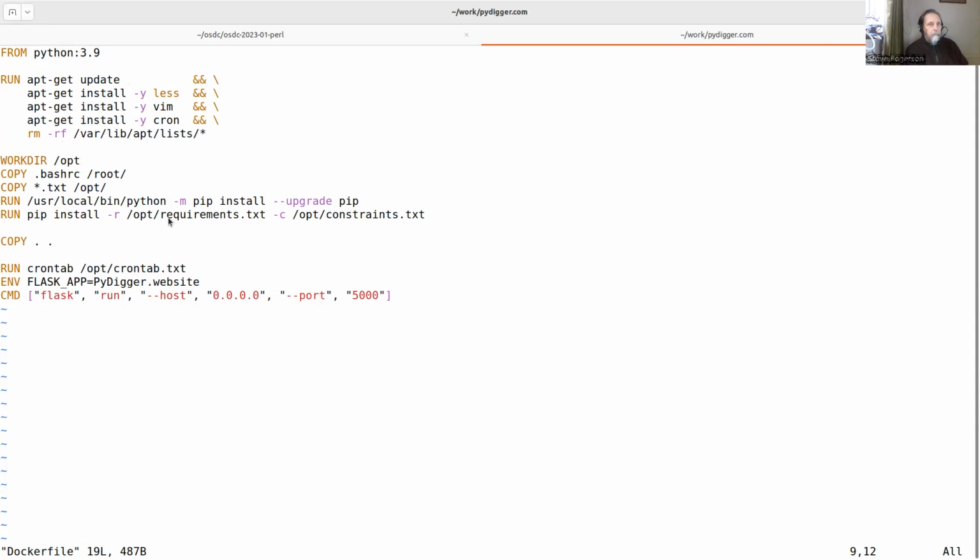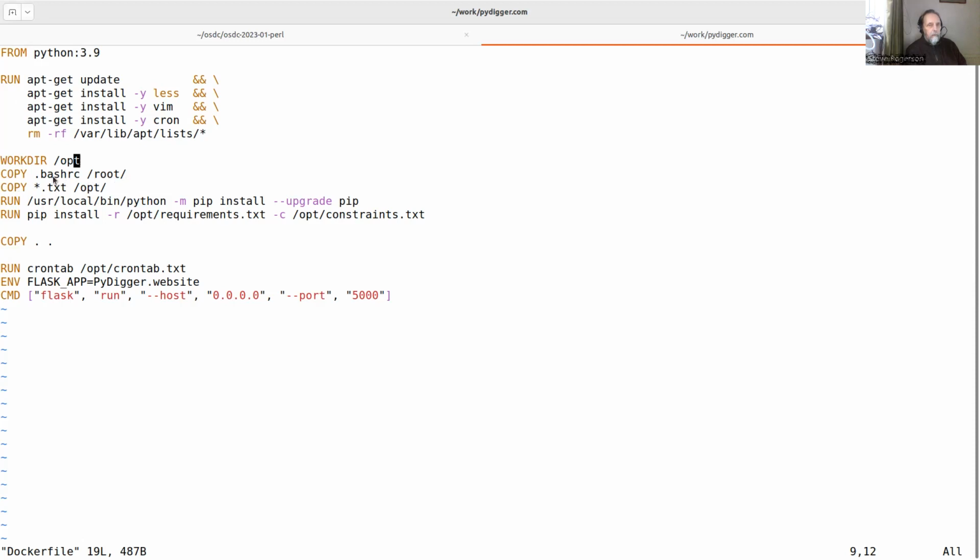Okay. And then workdir is just the definition of where it's basically like CD during the building of the image. So when you say workdir something, it basically does CD there, so all the other commands will go there if you say dot. But so this I install some stuff, then I copy the bash RC